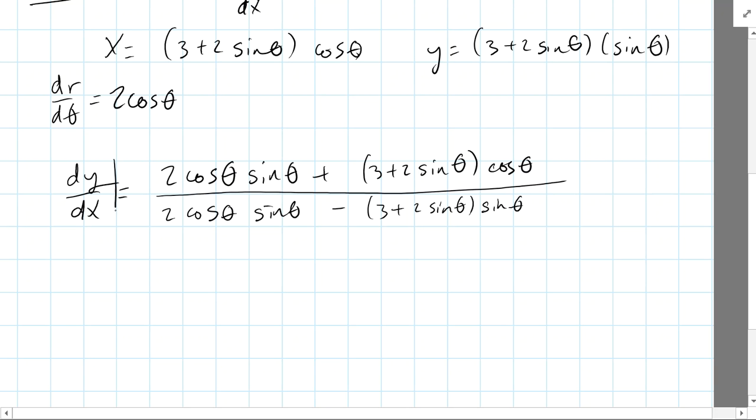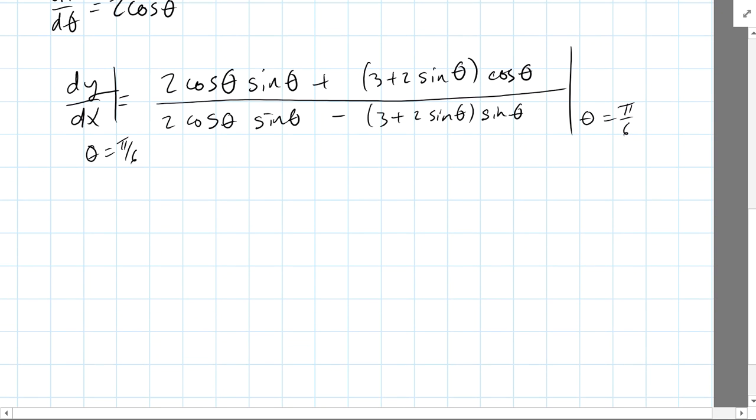Now, I'm evaluating both of these at an angle equal to pi over 6. So I'm evaluating this at theta equals pi over 6. And that is the correct notation for the AP test. That's how you show you're taking the derivative at a point. You do the bar, and then tell them what value you're evaluating it at. So dy/dx evaluated at theta equals pi over 6